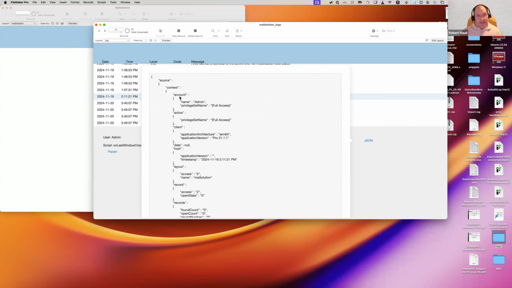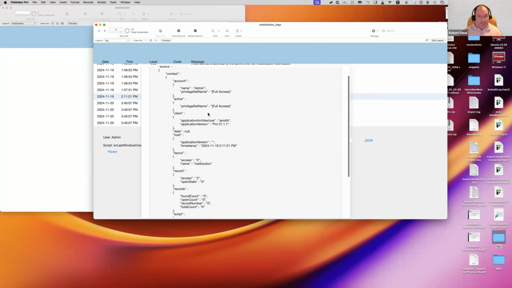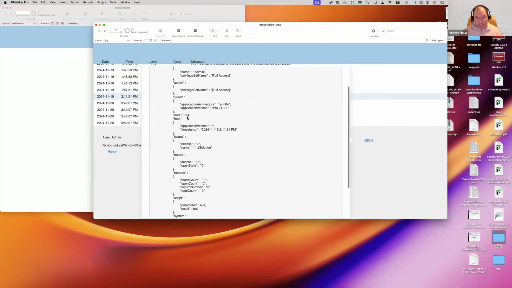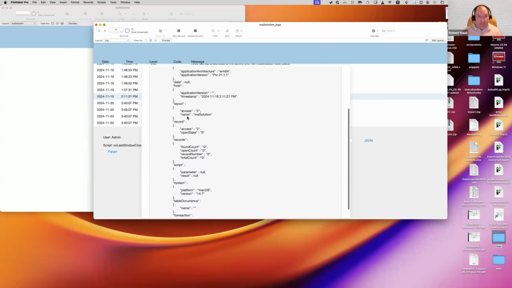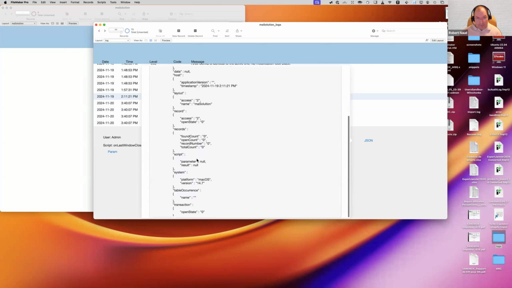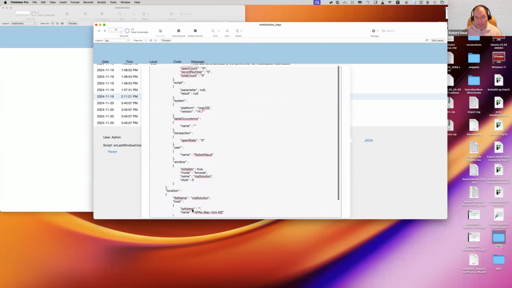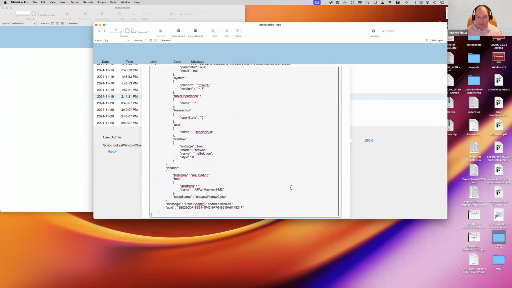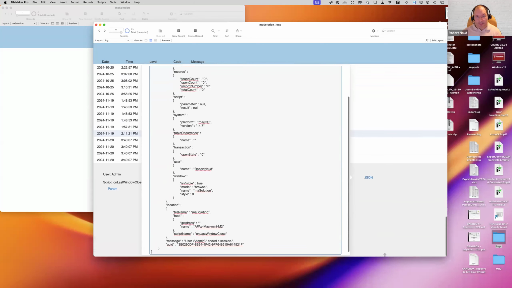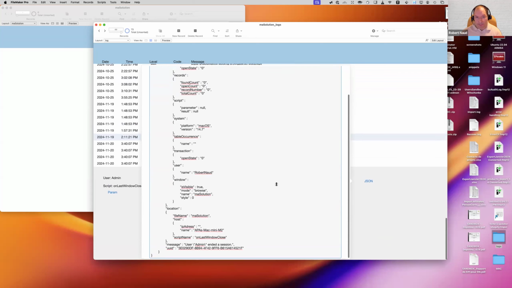It says the context is, what's the account name and privilege set? What was the client version, and a bunch of things. So again, what is stored in here is really up to you to determine what you want to see in here. This is just some type of a boilerplate payload that you can use in your system if you feel like it,